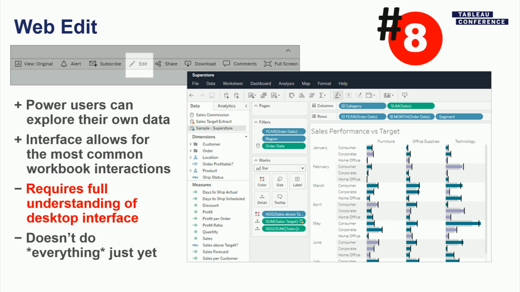Now, web edit is a great way to encourage interaction, but be careful. It can also be confusing, right? It gets better every year. It gets so much better, but it's still not really a replacement for a full Tableau desktop license. And don't think that you can just drop web edit on your users and they will instantly be interacting with your data. The dimensional model, the flattened dimensional model that we use is a little confusing